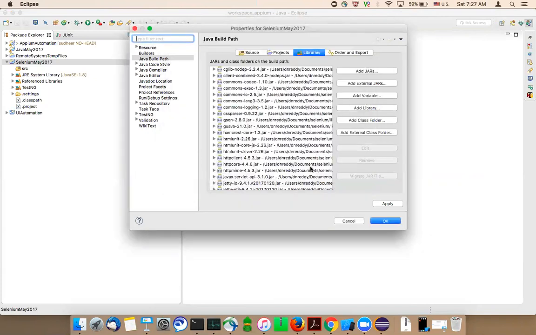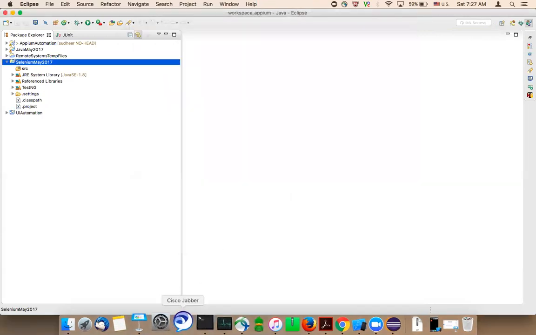So one library and all the external jars you need to add. Just follow the steps. Maybe you can repeat the video once again and follow the steps.